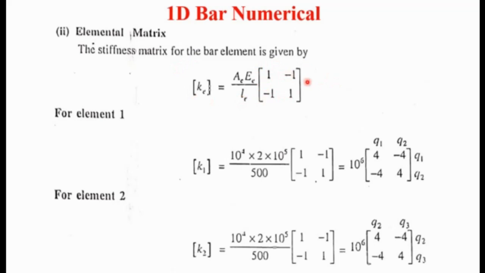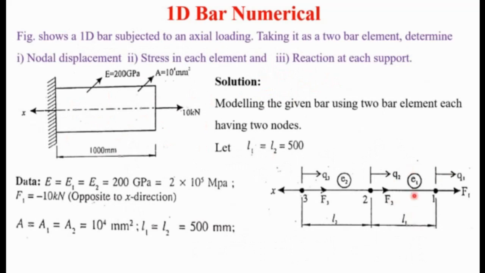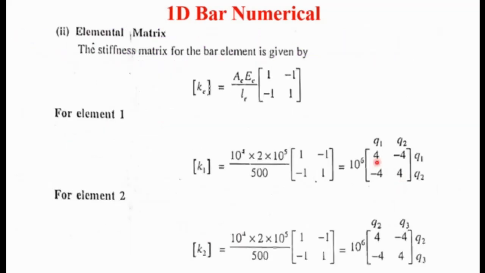For the first element, E1, we have to put these values of AE and calculate K1. K1 is equal to the area of the first element times Young's modulus, 10 raised to 4 into 2 into 10 raised to 5, divided by LE, the length of the first element, which is 500, times the matrix [1 -1; -1 1]. After simplification we get the stiffness matrix